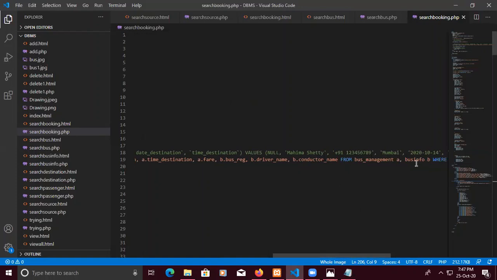From the B info, it takes the bus registration number, the driver name, and the conductor name, where the booking number should be the searched booking. This similar statement will be used many times, and the whole statement will change for the search booking. There is also a where condition where A dot bus number and B dot bus number would be the same. When we are using the partition product, here also we use A dot bus number to B dot bus number,